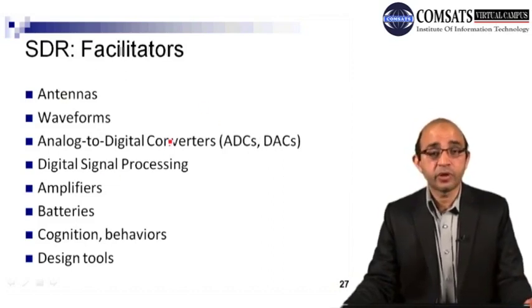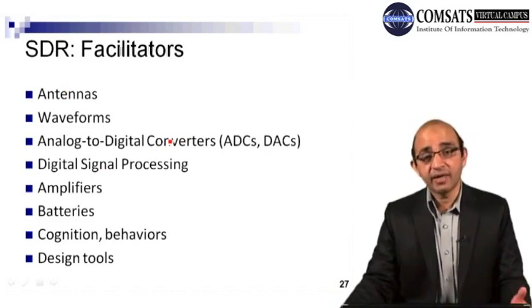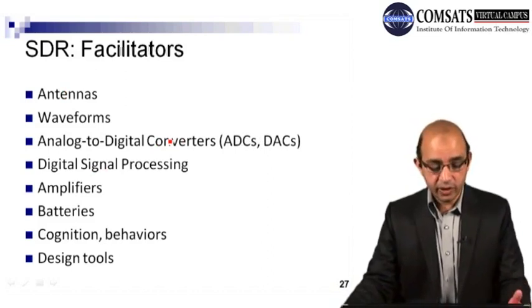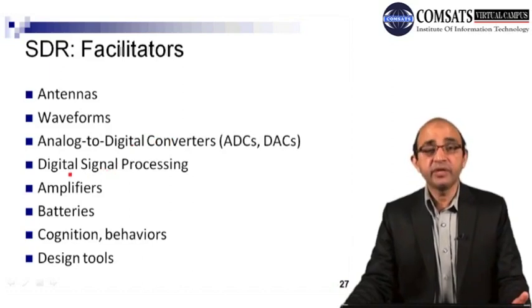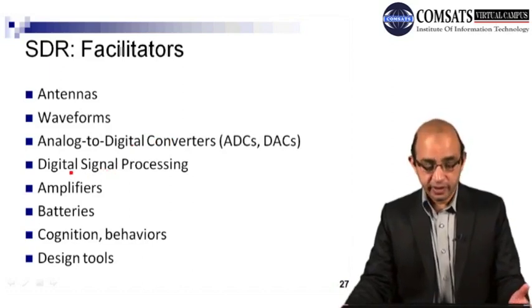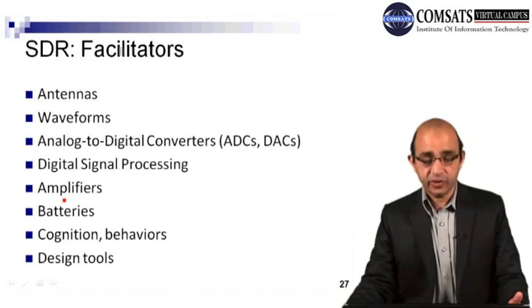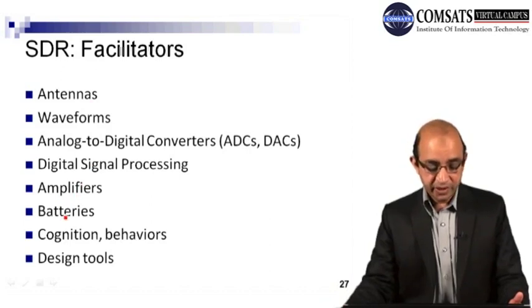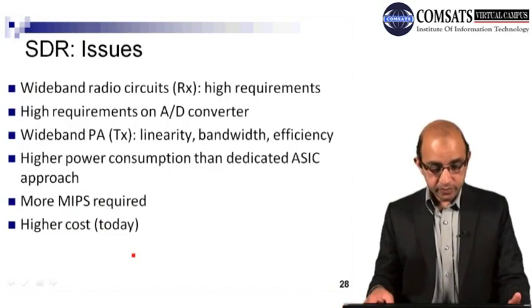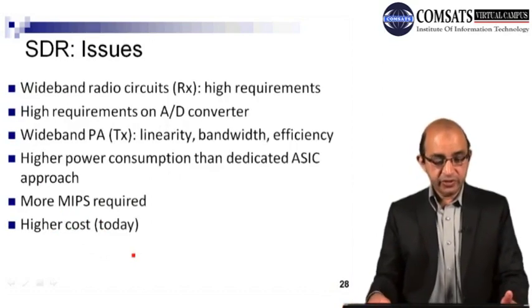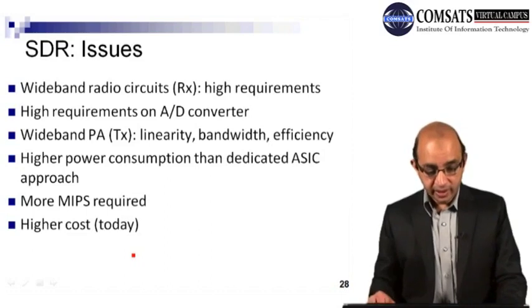So we need high speed A to D and D to A converters, and then we need digital signal processing algorithms that facilitate SDR, amplifiers, right? So of course we need amplifiers, batteries, and cognition behavior and design tools, right? So these are some of the issues regarding